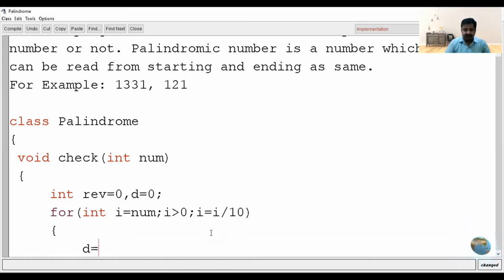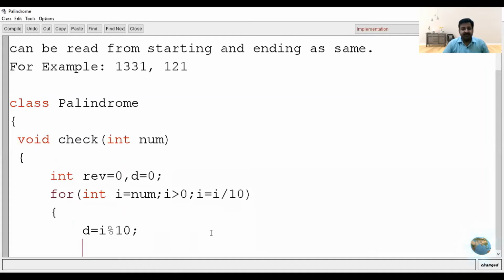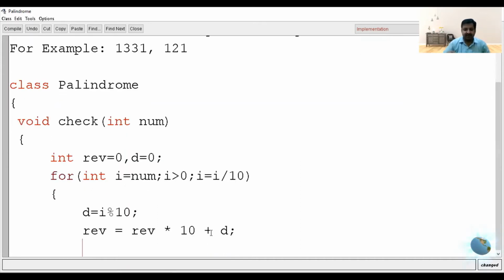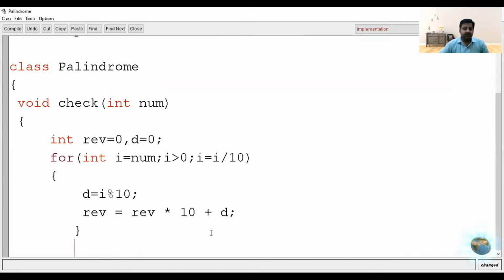Now we will extract the last digit from the variable i by writing i modulus 10. After that, we'll store and find the reverse. In this way, reverse equals to reverse multiplied by 10, adding the digit which has been extracted. Now simply close the loop. So with this statement, the reverse of the value will be extracted.